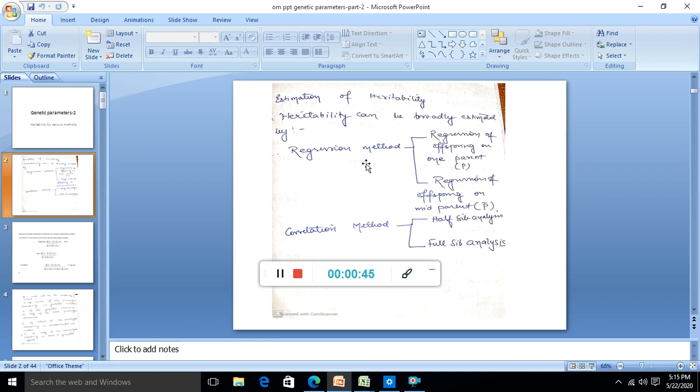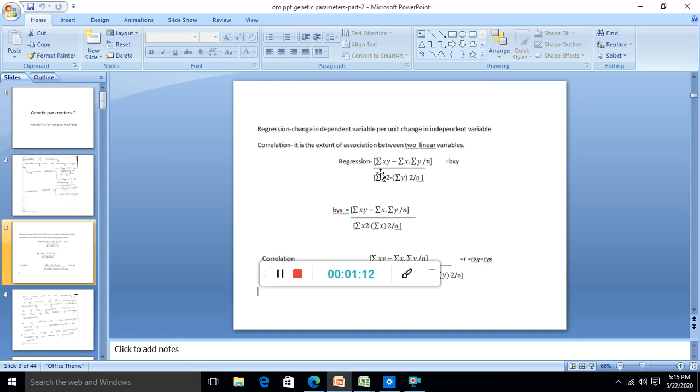Heritability, as you all must be remembering from the first lecture, is a very important genetic parameter which deals with the extent of genetic variance: sigma square G upon sigma square P in broad sense and sigma square A upon sigma square P in narrow sense. Unfortunately, I will not be able to devote more time again on heritability. It's been dealt with totally in the last lecture. You all can see it. It's still uploaded there. Now coming back to this estimation of heritability.